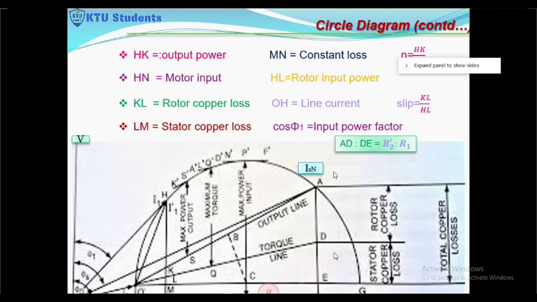Okay, ma'am. Then will the maximum torque line change if the motor works for a longer time? The maximum torque line means this is the locked condition, you can see this is the locked condition.